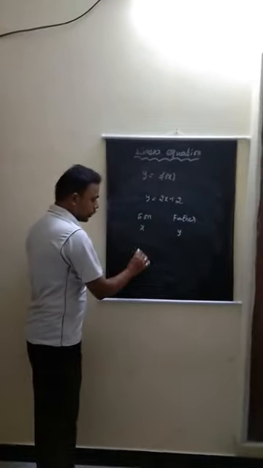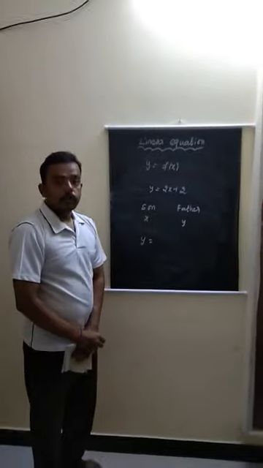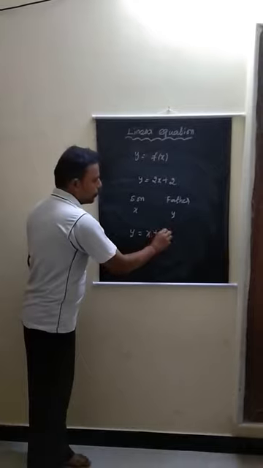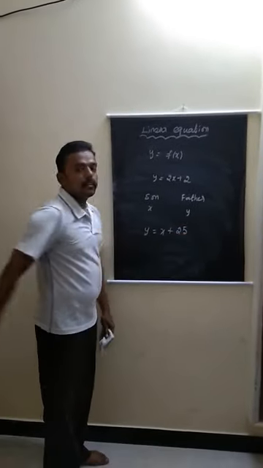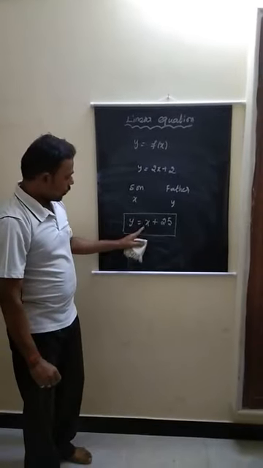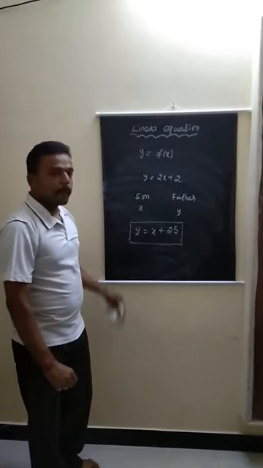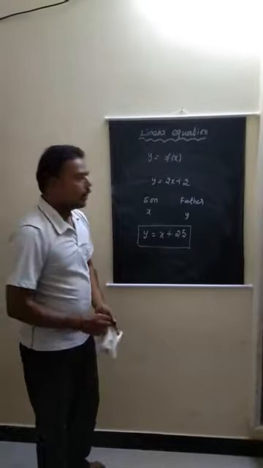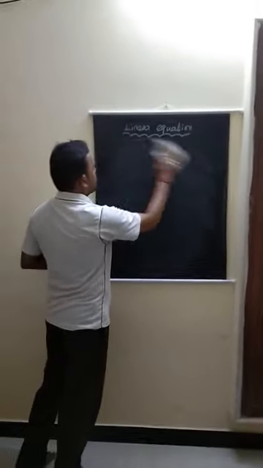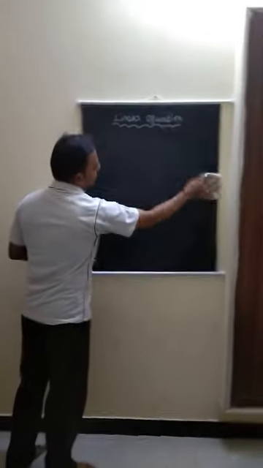Father age, that is y, equal to 25 years more than son age. So x plus 25. So this is the linear equation. In this linear equation we have variable x and a variable y. Okay. So using this idea, we are going to discuss your exercise problems in your linear equations